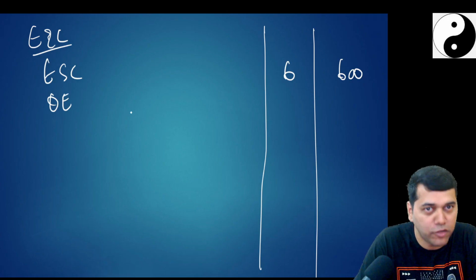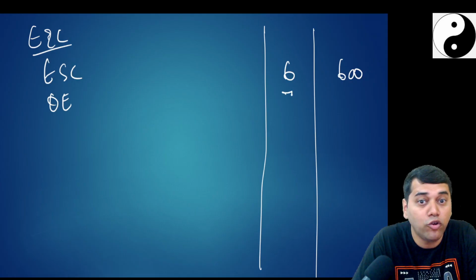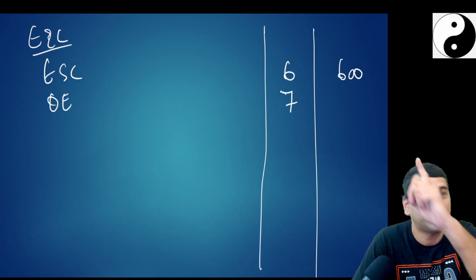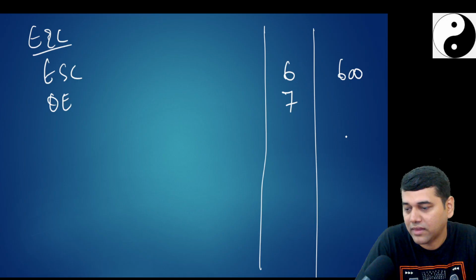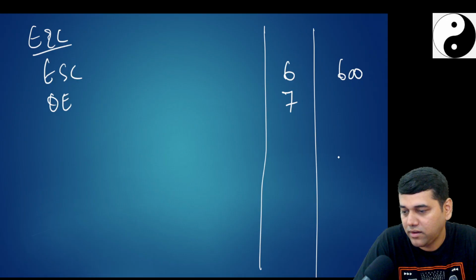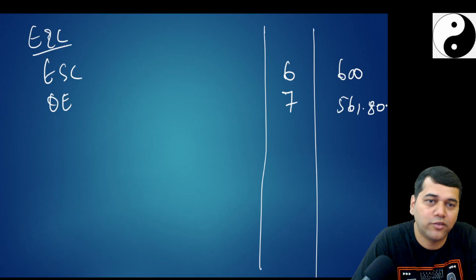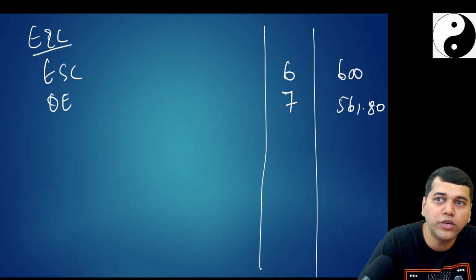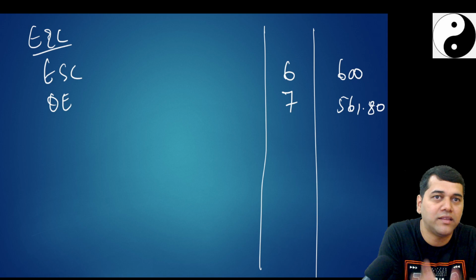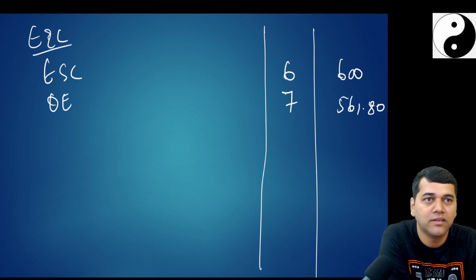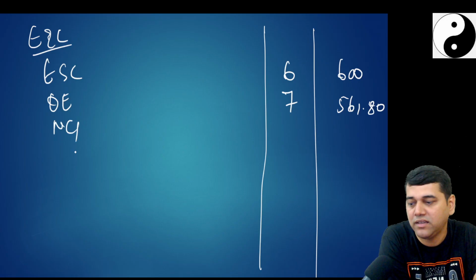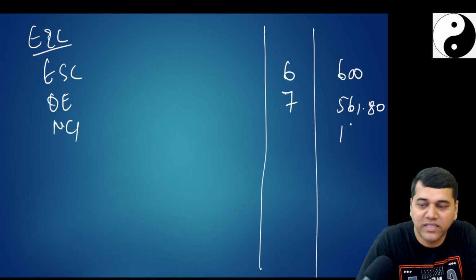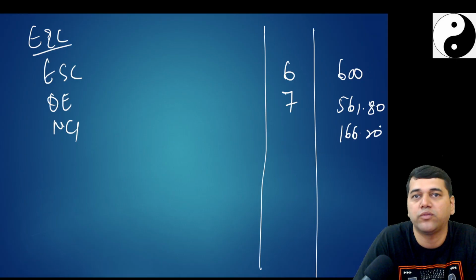Other equity. Should you apply your mind now? What is other equity? Write note number 7 for presentation sake. Go to your step number 2. Take the balance of that. How much? 561.80. Presentation wise, you do it later. You give reserve balance, retained earning balance, NCI balances, total, for this note number 7. NCI, that also comes as note number 7, 166.20. Add both the people together, S1 and S2 NCIs.